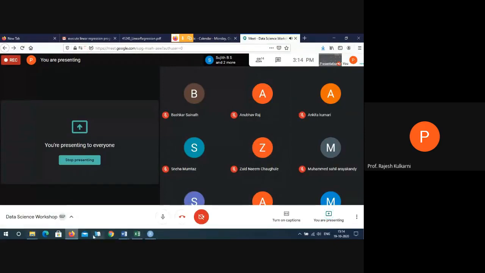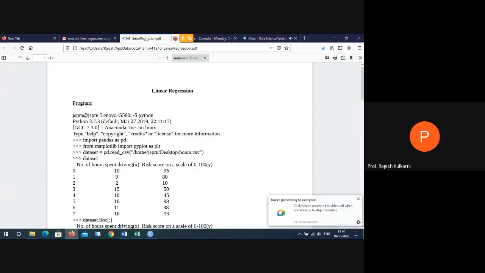Okay, so we'll be checking our program in Python. This is the program in Python. I request Anubhav, by the time I discuss this program, you keep ready your Python window and show them the execution if possible. If not possible, then it's well and good.